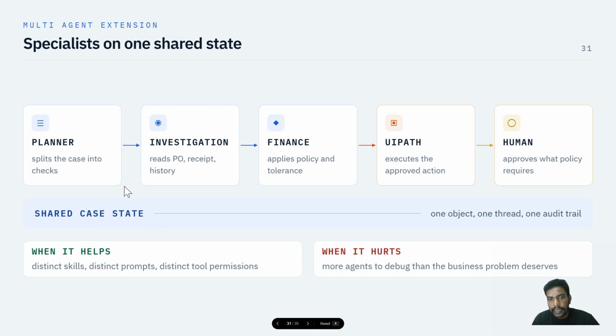The finance agent is the one worth separating in practice, because policy and tolerance change on a different cycle than investigation logic, and they are usually owned by different teams. Split agents by permission and context, not for the sake of the diagram. Okay,